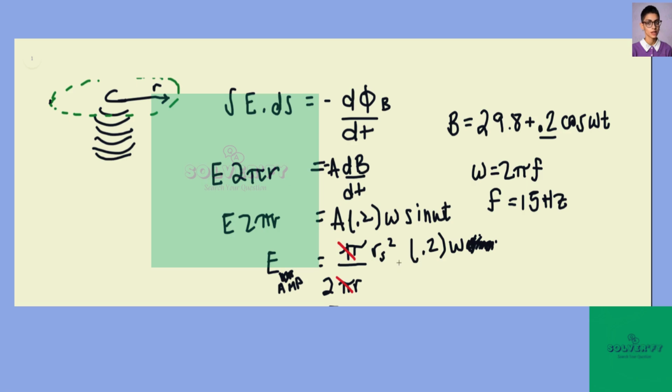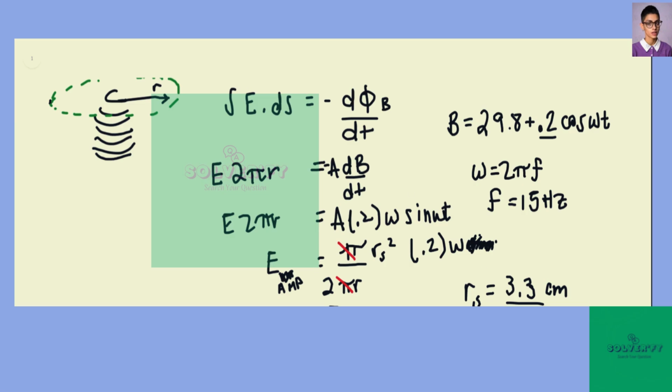On the top, you have r of the solenoid. Let's write down what that is: 3.3 centimeters divided by 2, because they give you the diameter. And the radius that we're interested in is 1.6